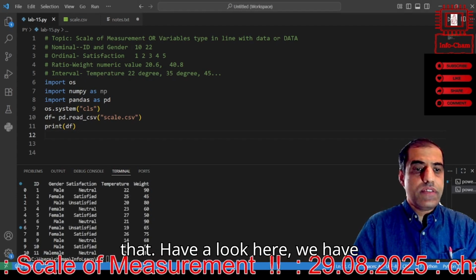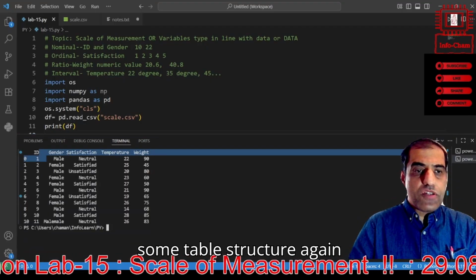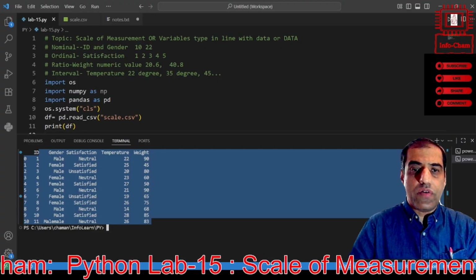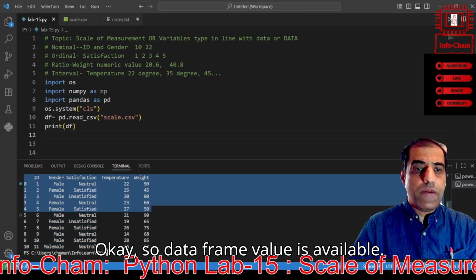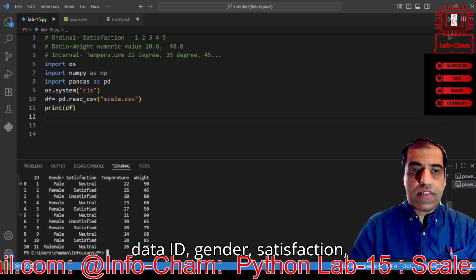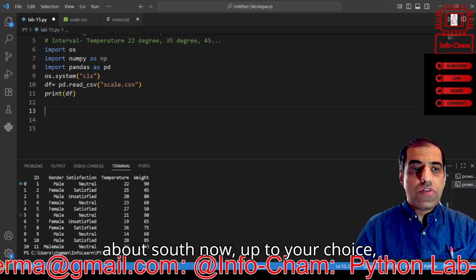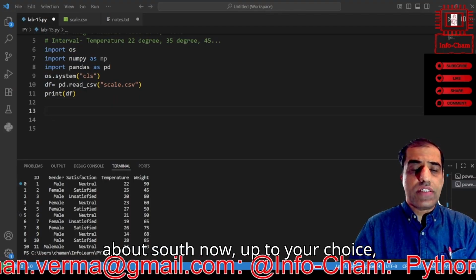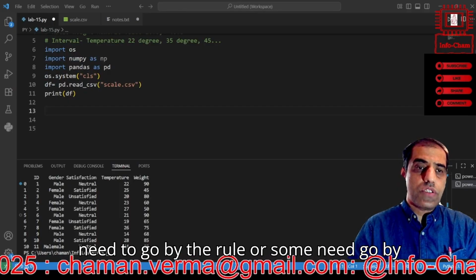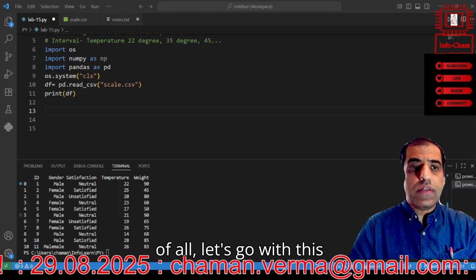To do that, have a look here, we have some table structure again. So row and column structure, that is a table, that is the data frame here. Okay, so the data frame value is available. Now please have a look, we have id, gender, satisfaction, temperature, and weight. So think about it, now up to your choice what operation you want to do. Some we need to go by the rule, or some by a sensible or logical way. So first of all, let's go with this